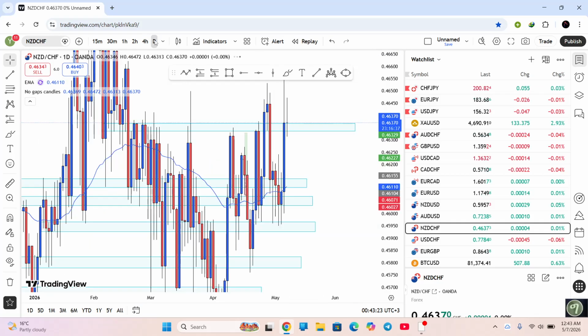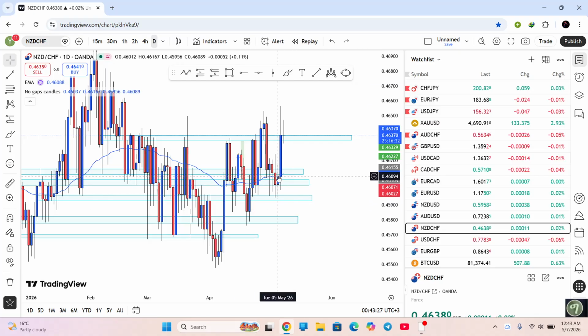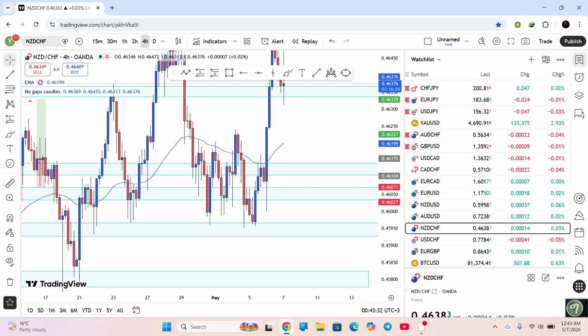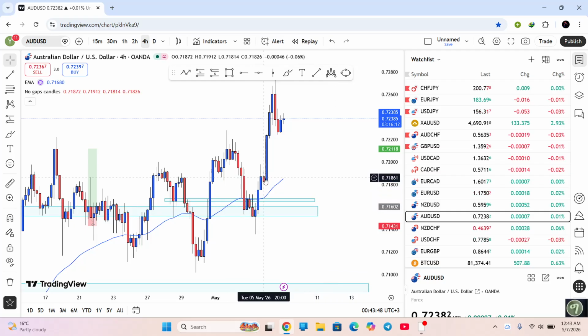In NZDCHF, look at this, bro. Price formed the rejection. I explained this perfectly. You can go and check the previous video that I posted. Price had the break, the retest, and I was actually waiting for some kind of rejection over here, but right after the market opened, the daily candlestick opened, it just left me. All of them, the same thing happened. After the break, retest, I was waiting for a deeper retest, and as you can see, right when the daily candlestick opened, it just left.